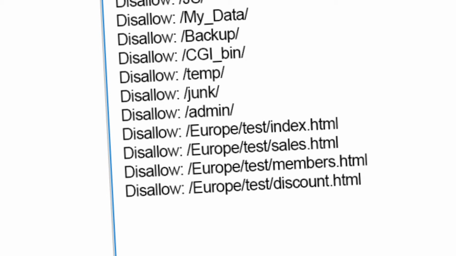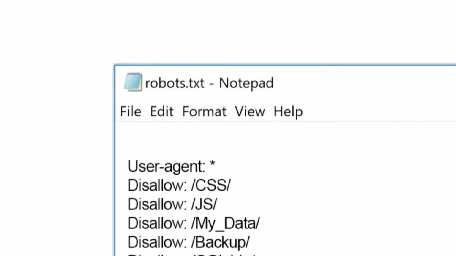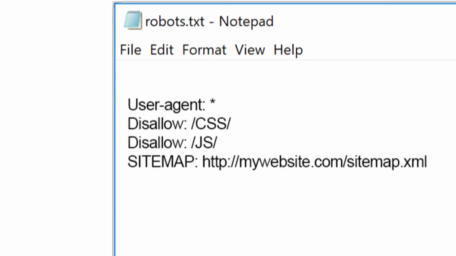Now, quite a few webmasters use canonical URLs or meta-robot tags to avoid being penalized for duplicate content. But that's not going to mean that search engines won't still crawl that content and allow it to show up in search results. With the disallow directive, you don't have that worry. And also on a general note, the robots.txt file always has to be named exactly that, all lowercase. And while we're at it, you'll also want to be sure to include your sitemap in the robots.txt file.